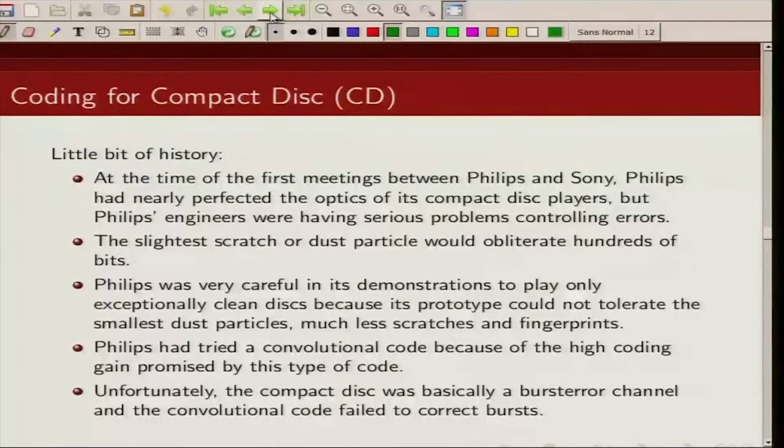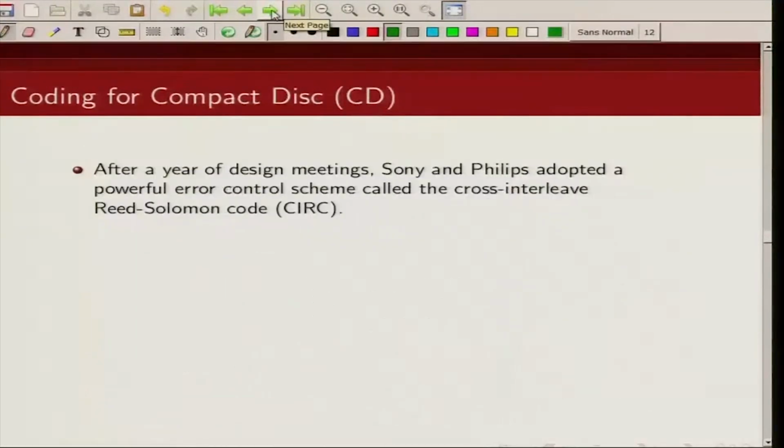The storage media was a burst channel, and convolutional codes were not good at correcting burst errors. So there comes the Reed-Solomon code, and the CDs basically used cross-interleaved Reed-Solomon codes,